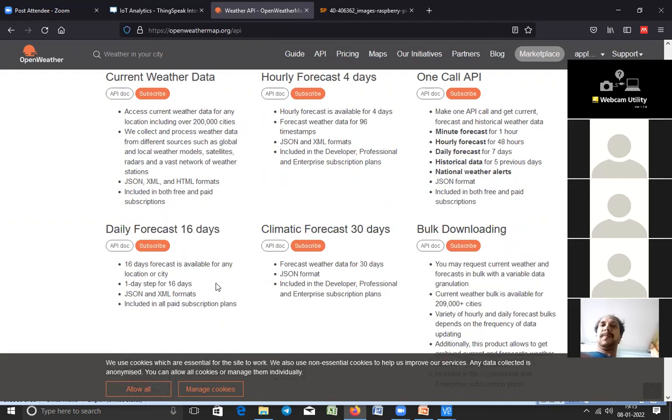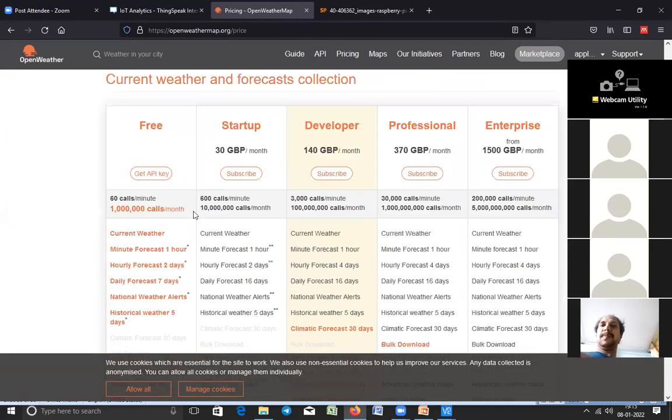See, this is not free for subscribers. Not all are free. Okay, some features are freely available. Some features you have to pay for that. Okay, it is not free for everything. Okay, there is limitation for free account. Okay, so you can see that. Okay, for us, free is enough.